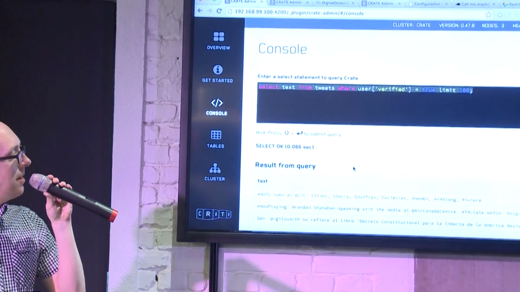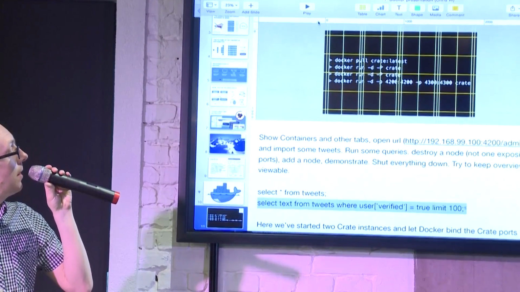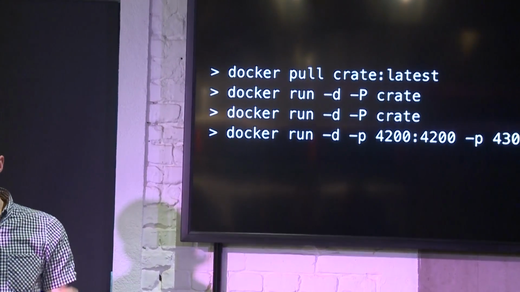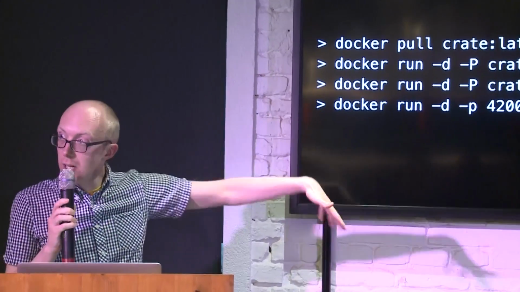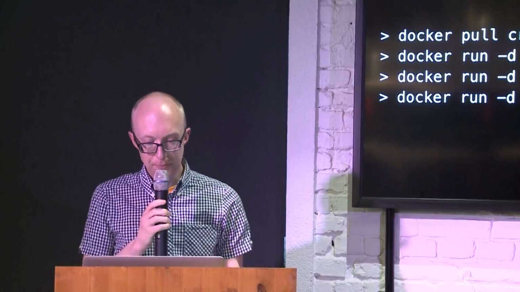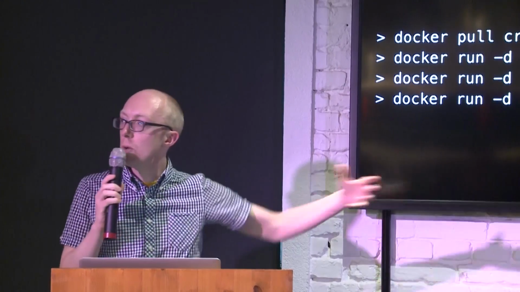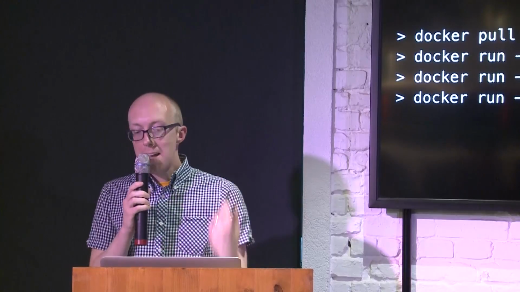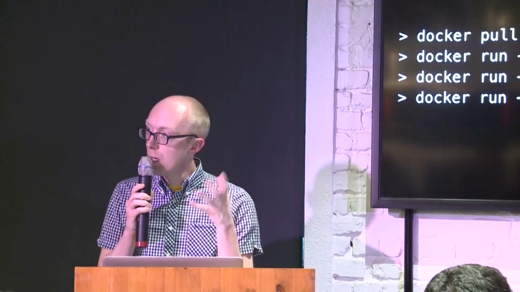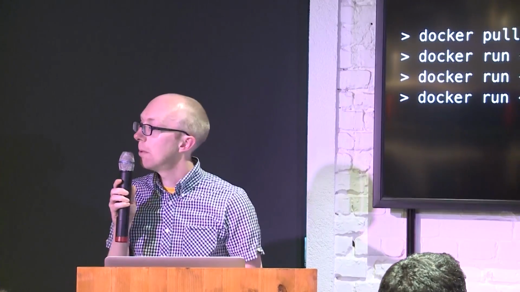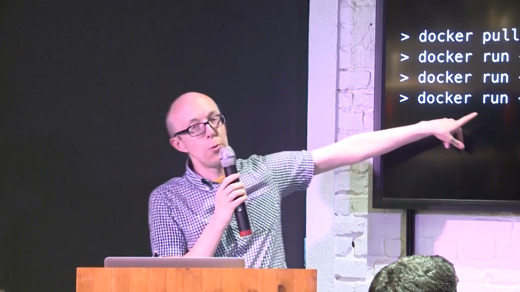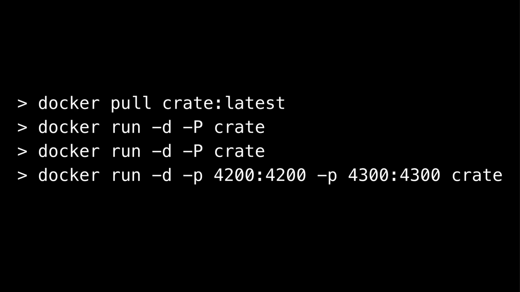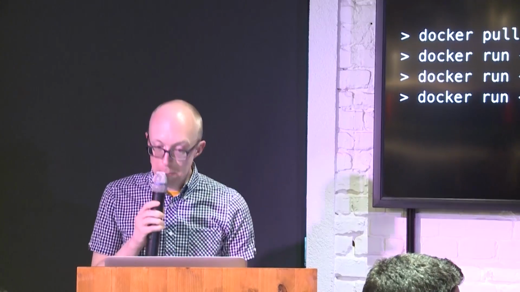And so to explain those commands that we issue in a little bit more detail, what we've done is we've created 2 instances and let Docker do the port binding to its range. And then we've bound the 3rd one to our set ports that we use for Crate. And then because Docker on local is multicast enabled, they just pick each other up. And because we've used these ports already, of course, if we want to add more containers, we keep using the first command over and over again to add more. So that's a very, very simple example.